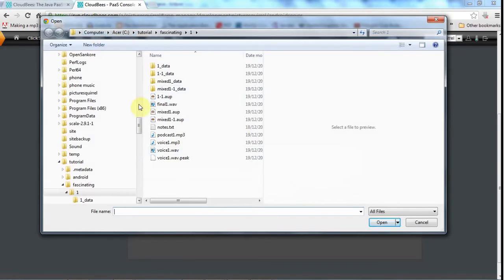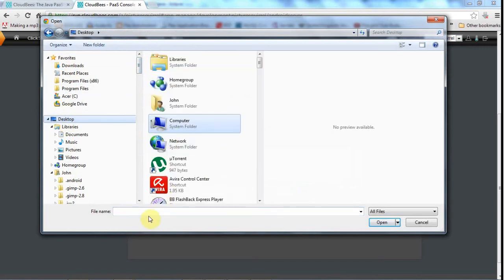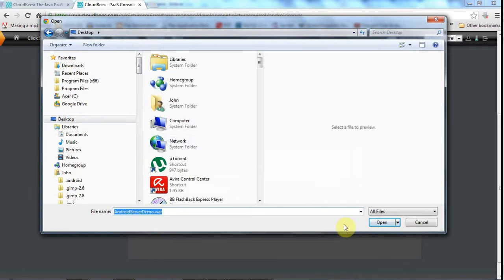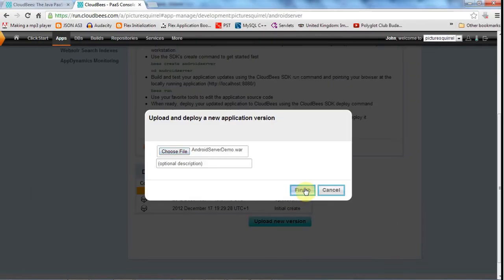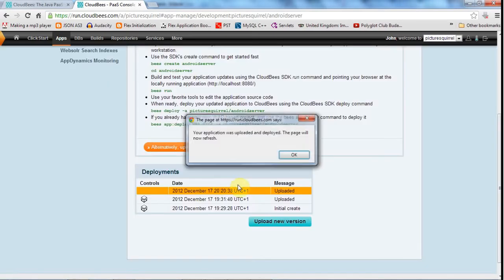So I'll go to desktop and Android server demo.war, and I probably should install the CloudBees API, because then I could avoid some of the slowness of uploading a new WAR file, but I'll stick with this just for the moment. So deploying to the cloud, and there we go,